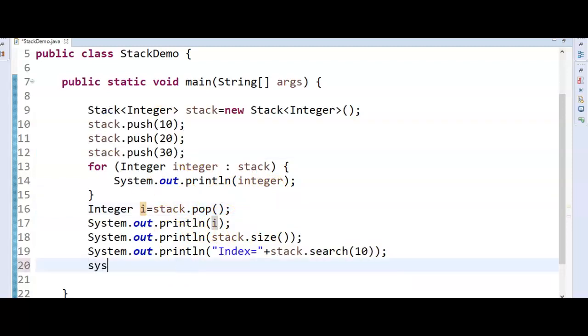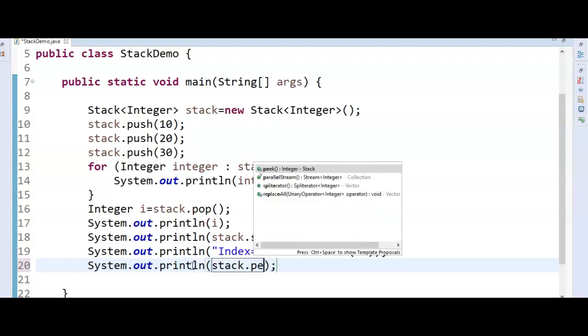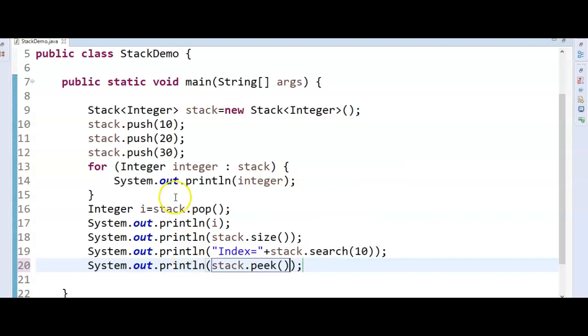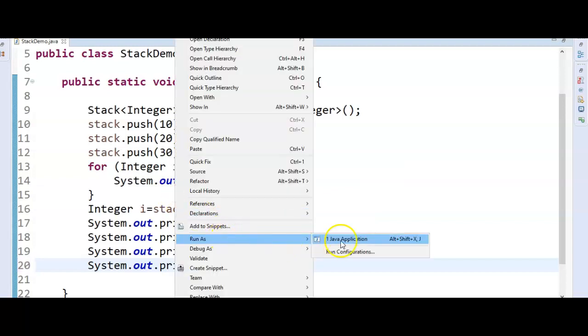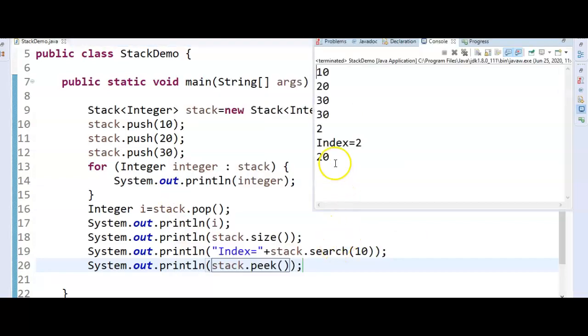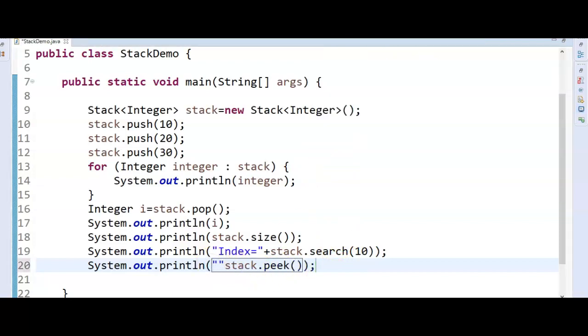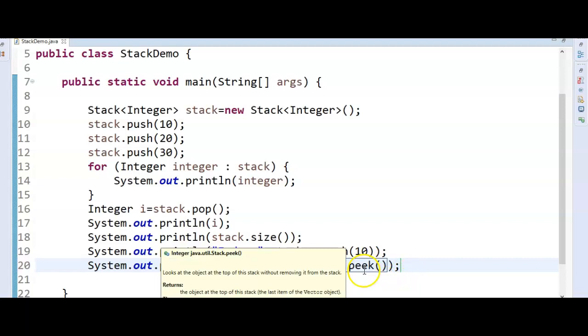We just say system.out.println(stack.peek). Let's run the program and see the output. The peek element is 20. So what does this peek method do? It looks at the object at the top of the stack without removing it from the stack.